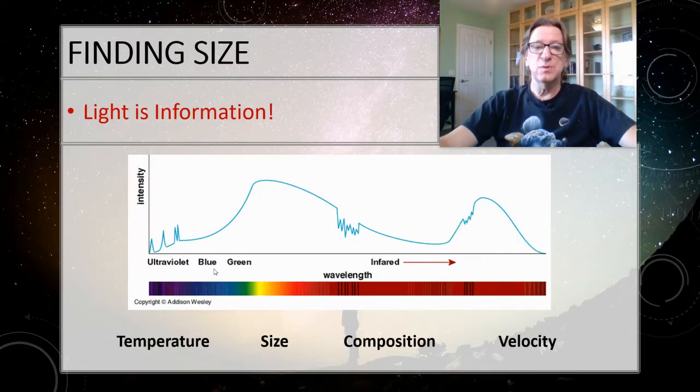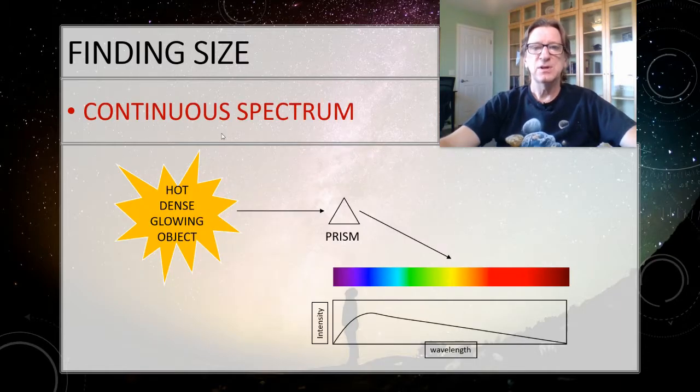All right, so last time we talked about how to find the temperature. Now we're going to talk about how to find the size, and we can also get this from this same continuous spectrum, this kind of curved graph. Again, remember that this is just a bar graph. It's showing me how much of each of these colors I've got. So here I've got just a little bit of blue, here I've got a whole lot of yellow, and a little less of red, until finally down and get into this part of the infrared, and I've got almost none at all.